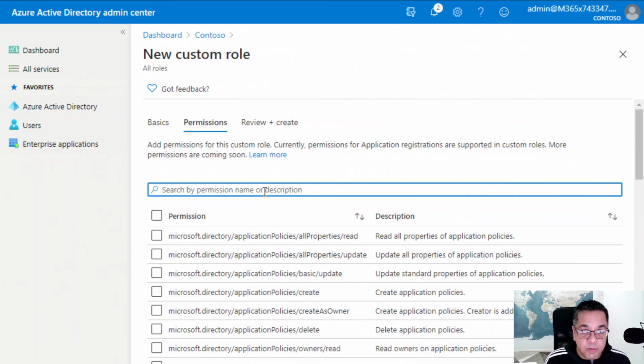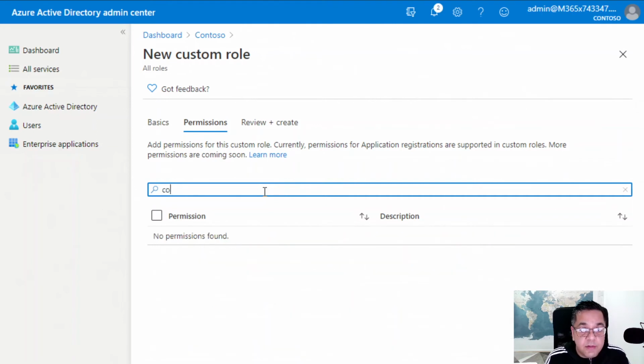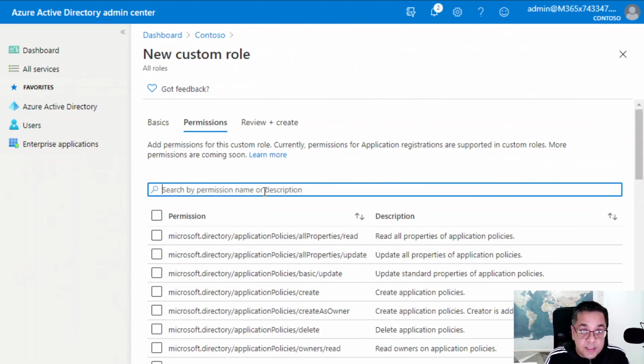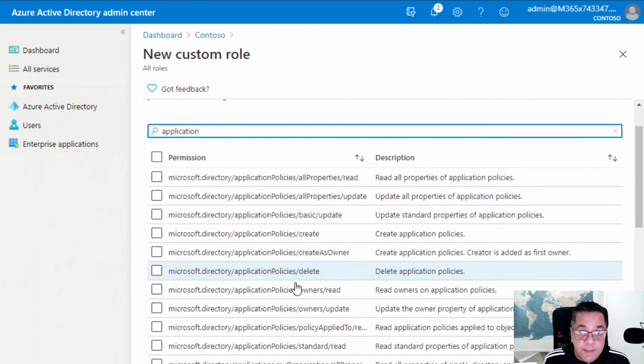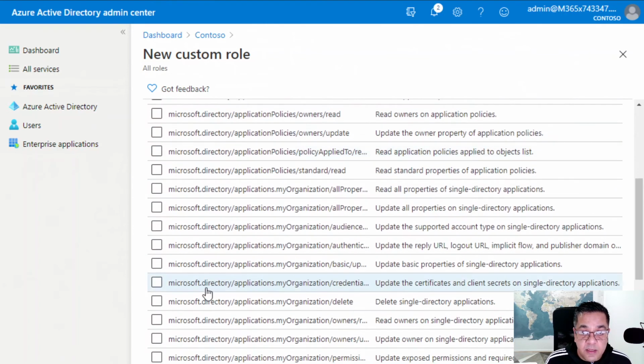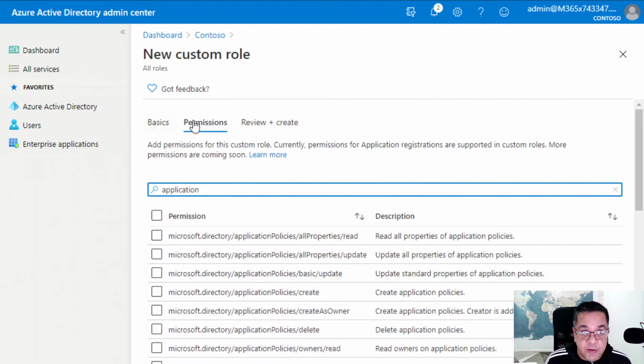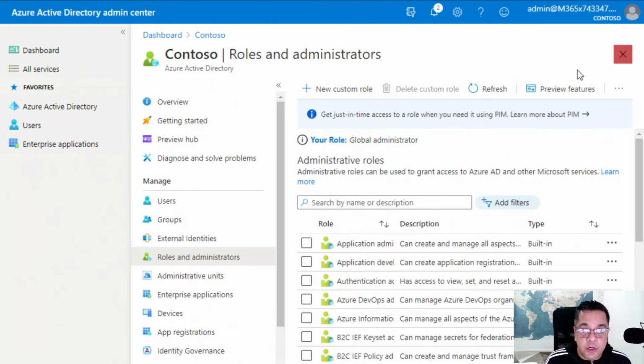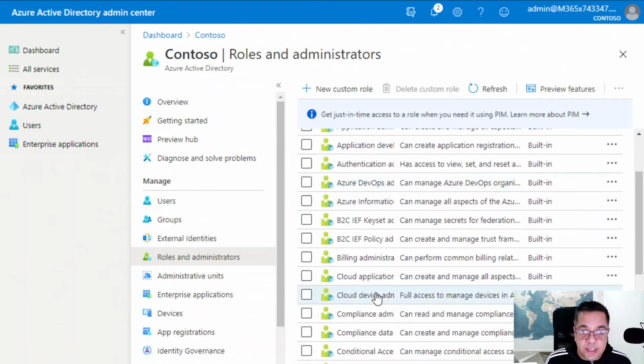So if I just want to go to, let's look at some of the, is it loads? No, I was going to try and click on compute. Let's click on application. And here we can see all the application policies that are available and then the description of them here. So we could select as many as we wanted, click on next and then create that. I'm not going to create one in this instance. I want to just look in some of the